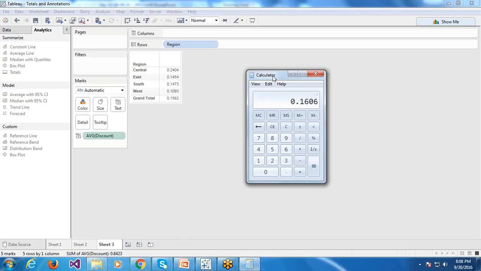That's different. So in this case, this grand total is computed on the underlying data, not on these state-wise records, but at the row-level granularity of the database.